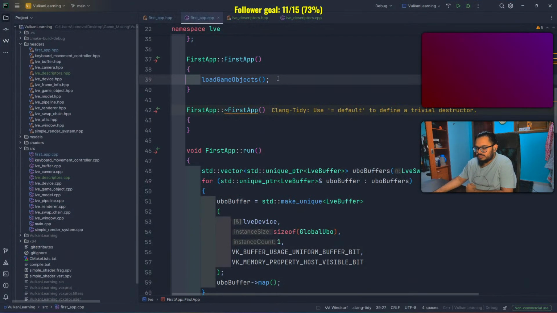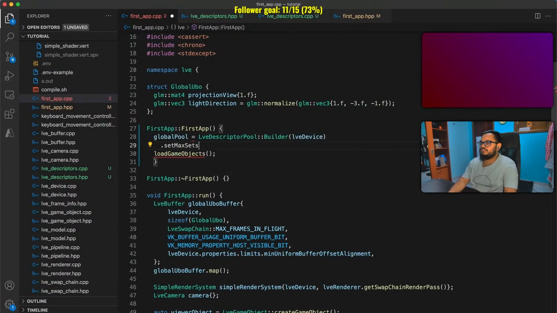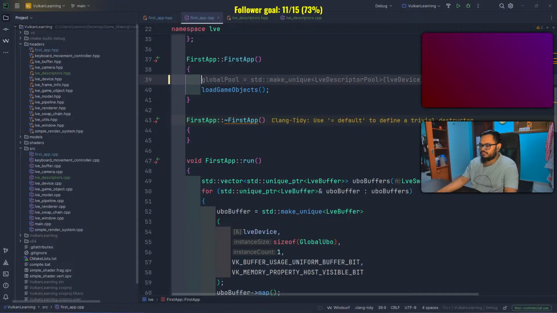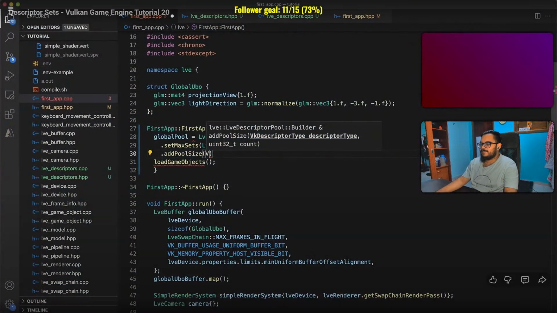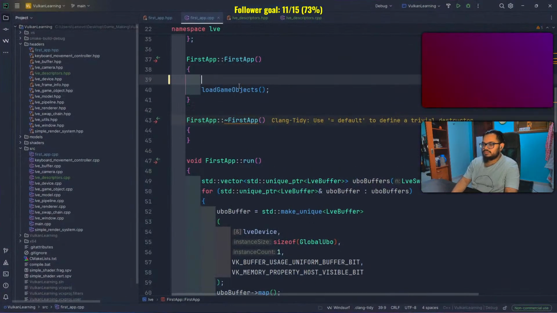by using the descriptor pool builder. I'll set the max sets equal to max frames in flight, because for now we only need the type uniform buffer. That's a 2, and that contains 2 uniform buffer descriptors. Now, for example, let's do global